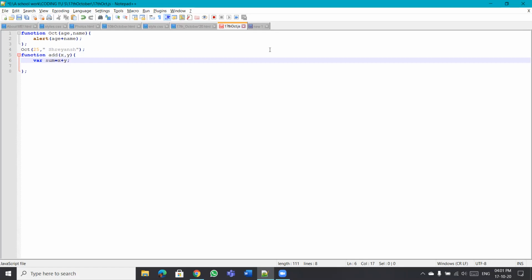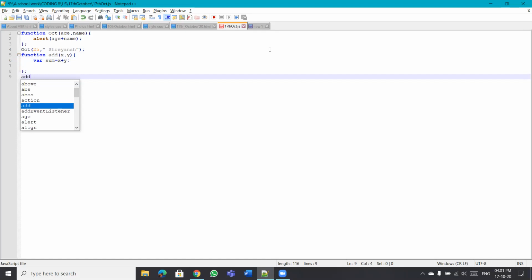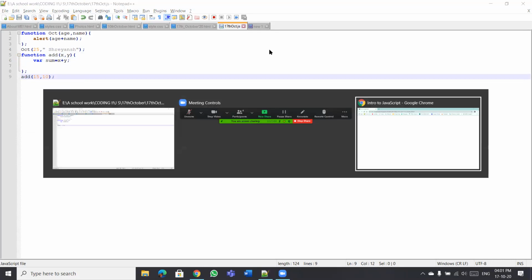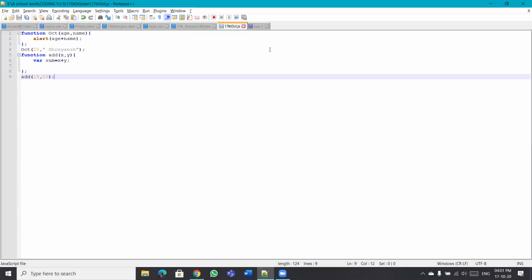Very good. And then we will call this function, right? So after that, say add in bracket, say 15, 10. Put semicolon and let's try it out. Wait. Let's go back.